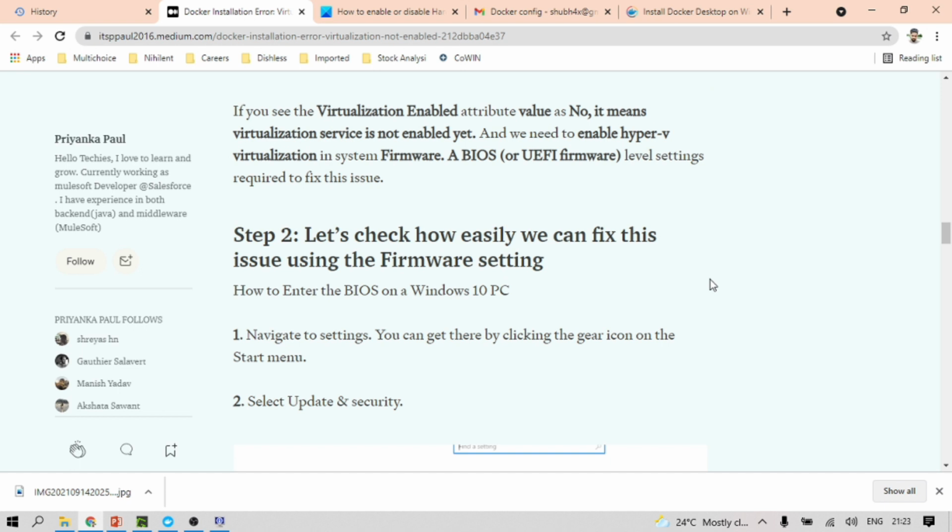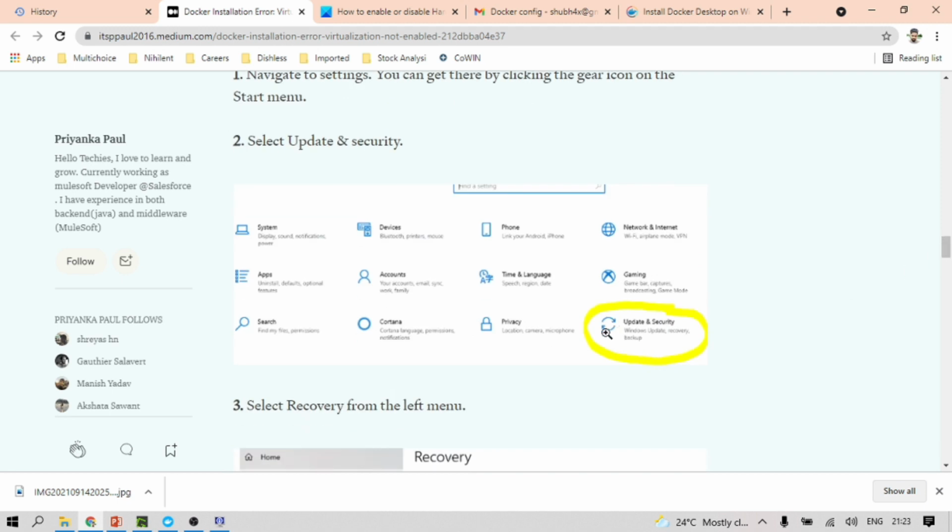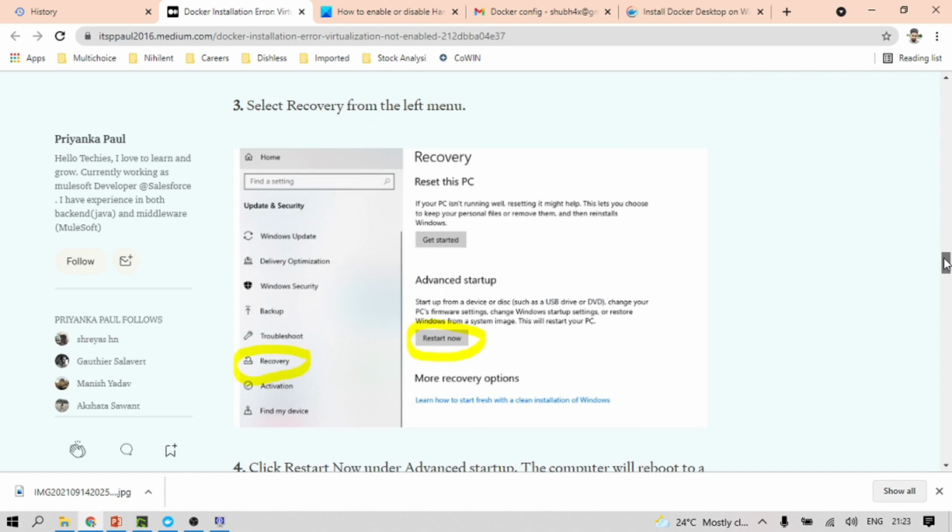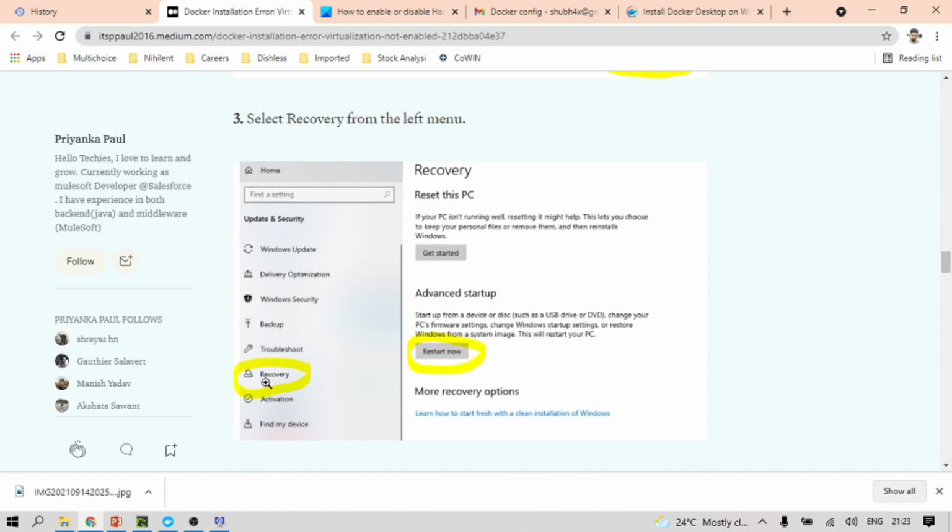For that, you need to make some changes in your BIOS to enable virtualization, because that virtualization setting comes from the BIOS. So firstly go to Update and Security. After clicking on Update and Security, click on Recovery. Then click on Restart now.